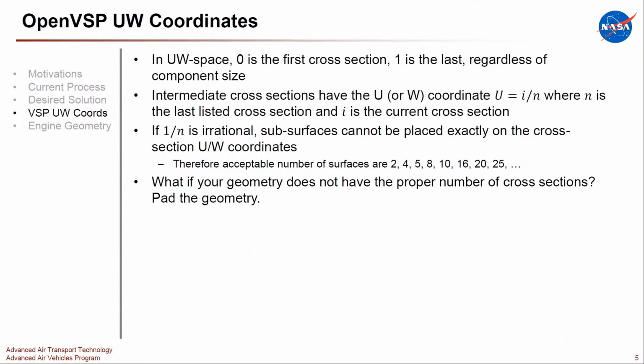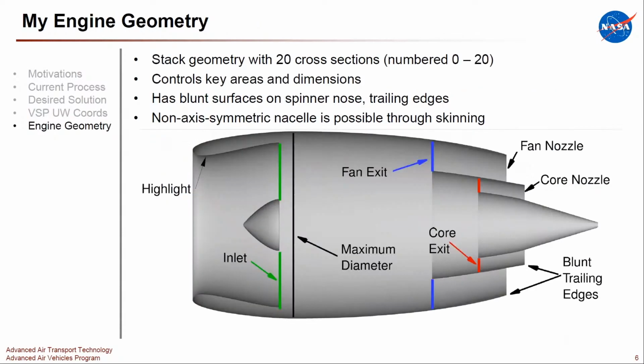It goes on, but you get the idea. And if you don't have exactly 16 or 20 cross sections, you can just add more cross sections to the start or the end in order to pad the number of cross sections you have and get the UV spacing where you want it to be. And so if we look, the last chart that I have before I jump into a demo is